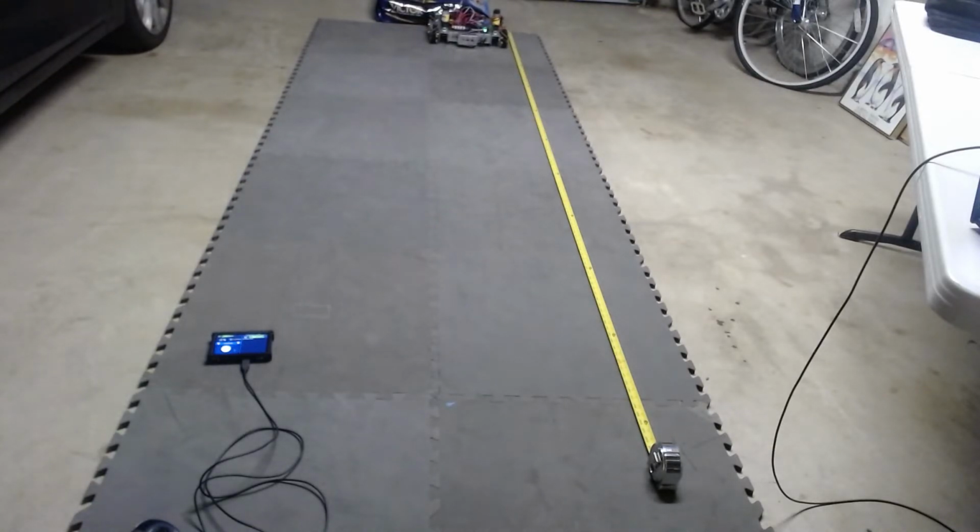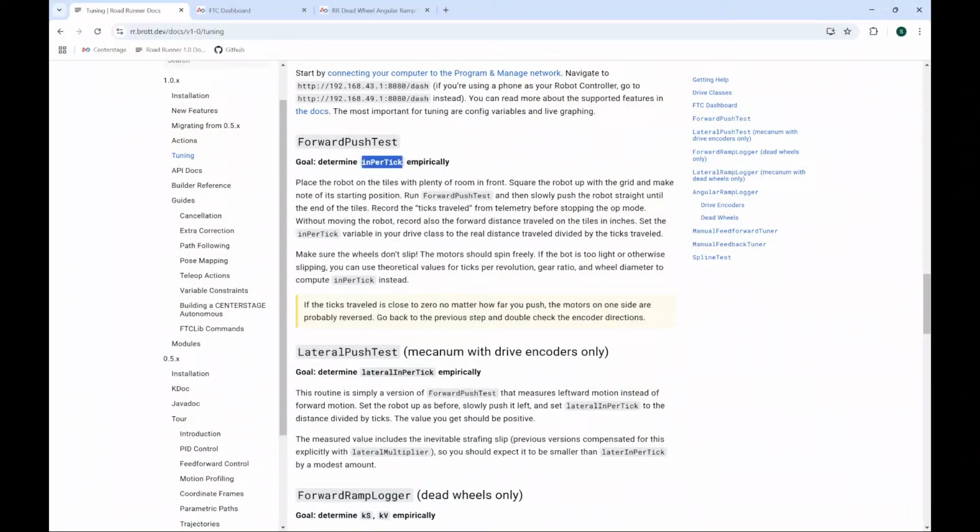I do that right? I did that wrong. Inches per tick. I was going to say I should get a fraction here, and I got a big number. So inches per tick would be 117.75 divided by 39,832. There we go. And that gives us a very small number. And we're going to put that, let's see, inches per tick